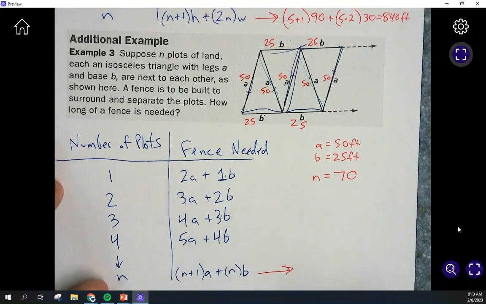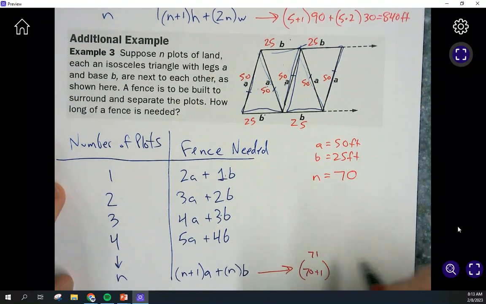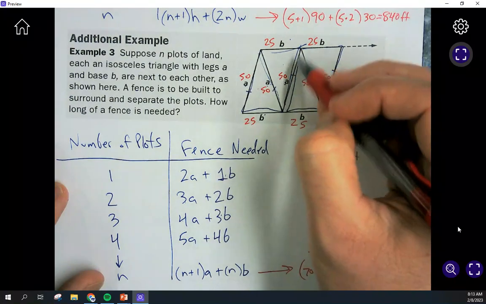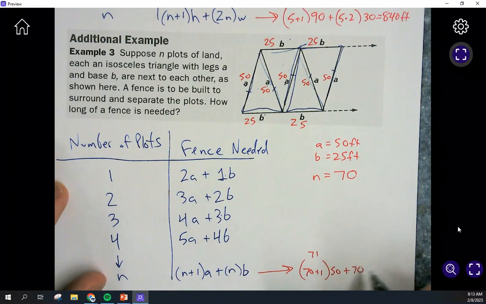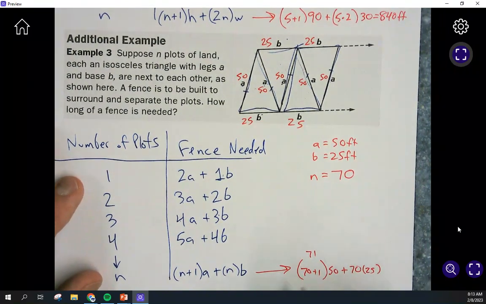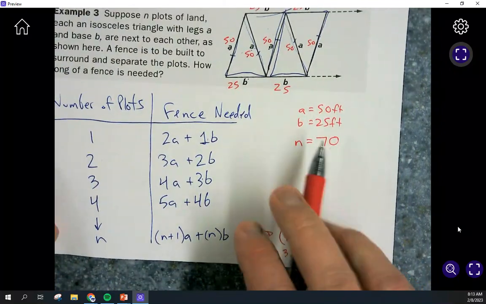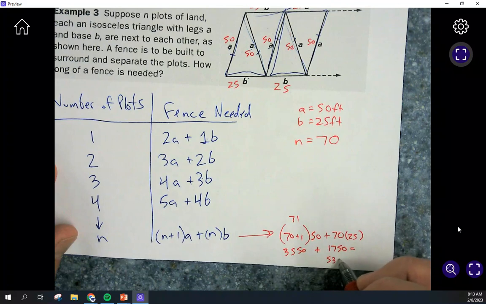So all I got to do is grab this handy dandy formula. N plus 1 is going to be 70 plus 1, which is obviously 71, times A, which is 50, plus. So that's going to tell me how much fencing I need just for these pieces. And then right here, whatever N was, so just 70, times whatever B is, which is 25. Those numbers here came out to 3550 and 1750. And so I quickly can figure out how much fencing would be needed for 70 of these pens that have sides of 50 and a base of 25. It would come out to 5,300